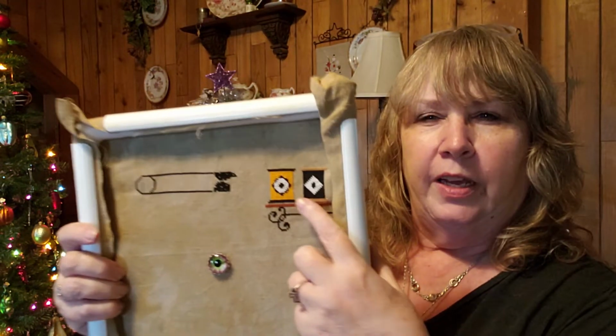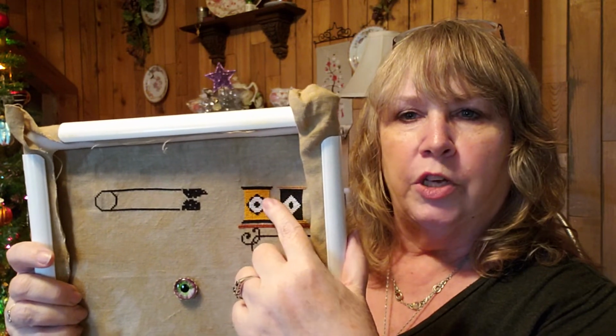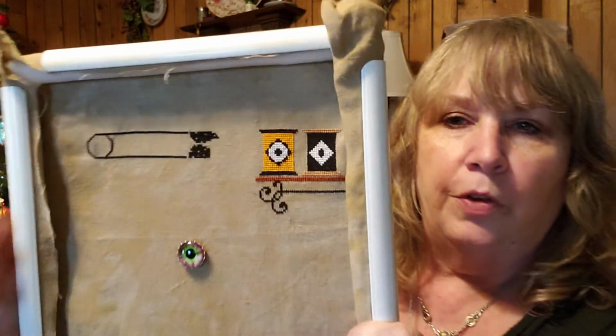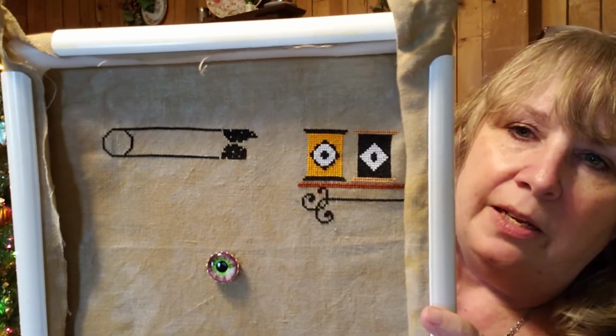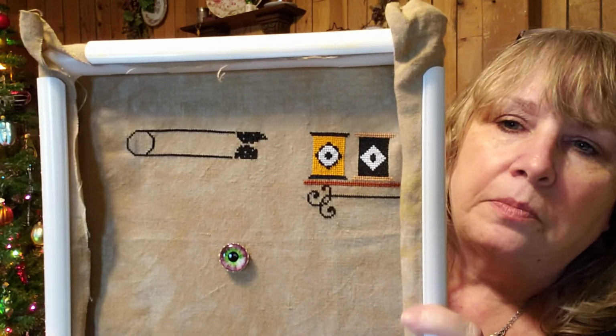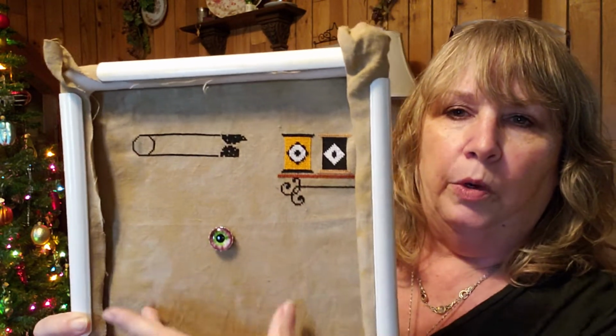Anyway, so I started to stitch on this. I started this at Fall Fling, and at Fall Fling I just had the top, the orange, and the black inner circle done, and that was all I had gotten done. Everything else has been done since then, and I think this was like 2 days worth of work. But I had moved my fabric over so that I could get to this edge of the fabric, and I'm going to work down and then I'll move across, keeping all the floss in